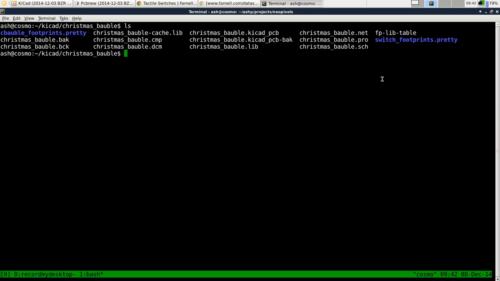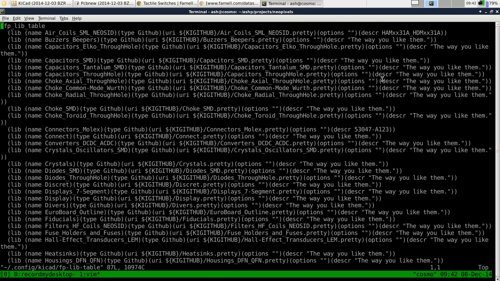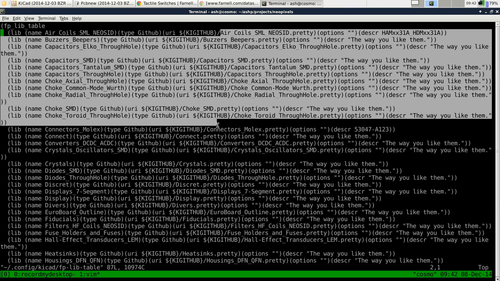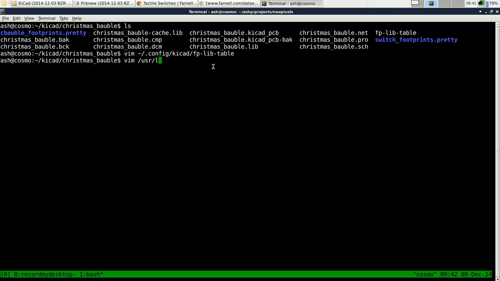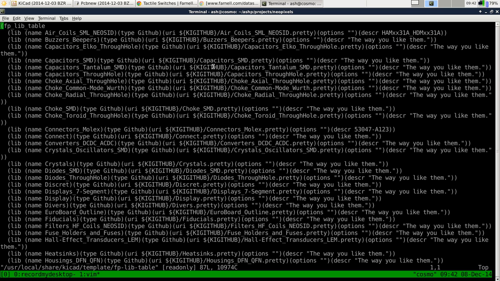There's actually a couple of other places where the fp-lib-table is. One of them is in the config Kicad fp-lib-table in your home directory, and this has got all of the main ones, and it's got all the GitHub URIs. There's also, I think, user local share Kicad template fp-lib-table, and I think that's the default one